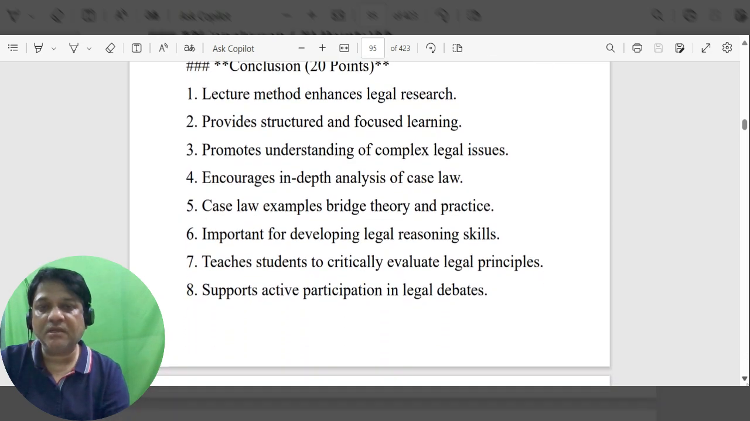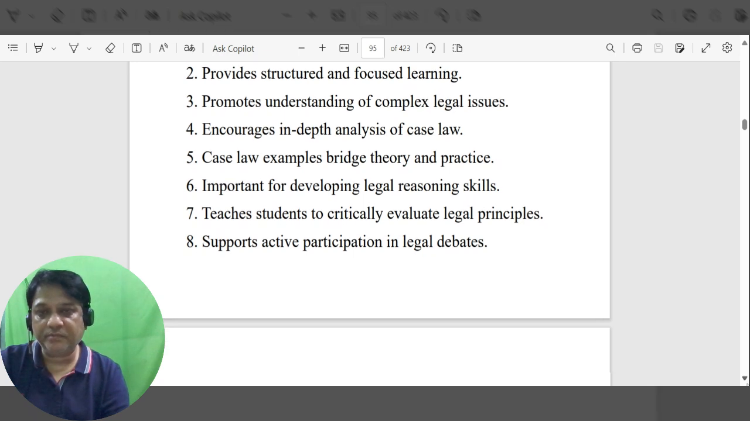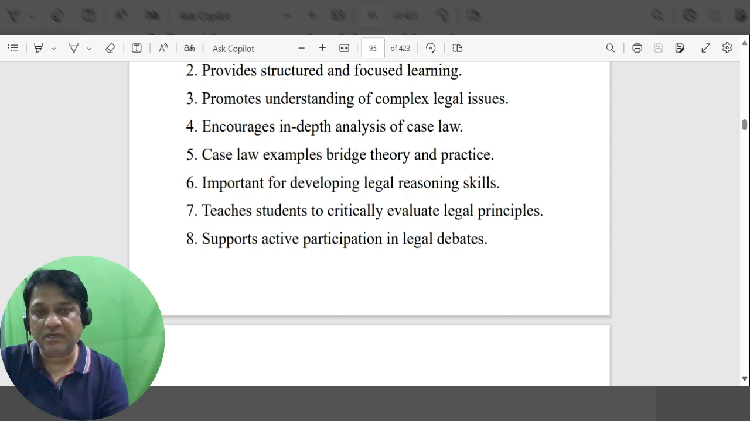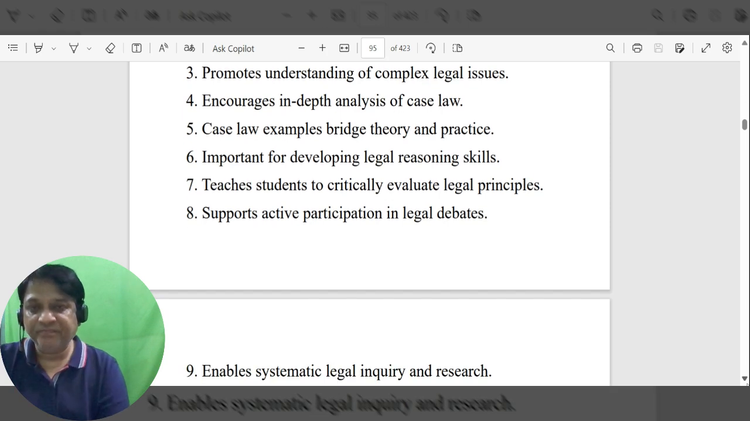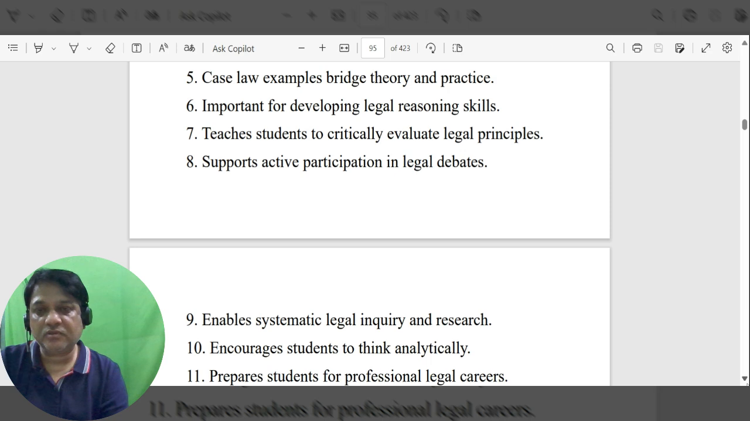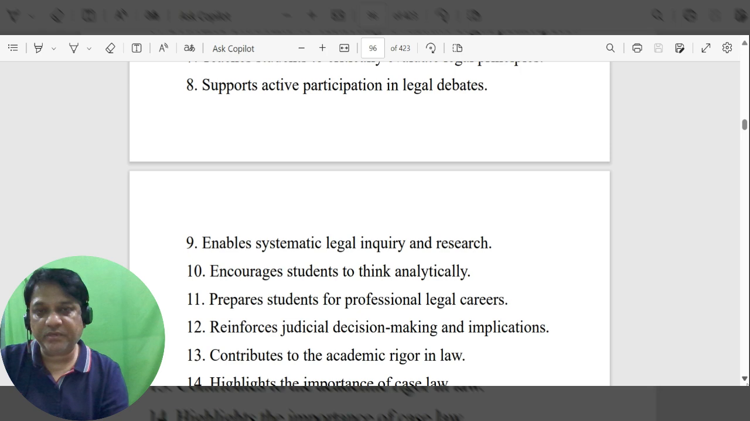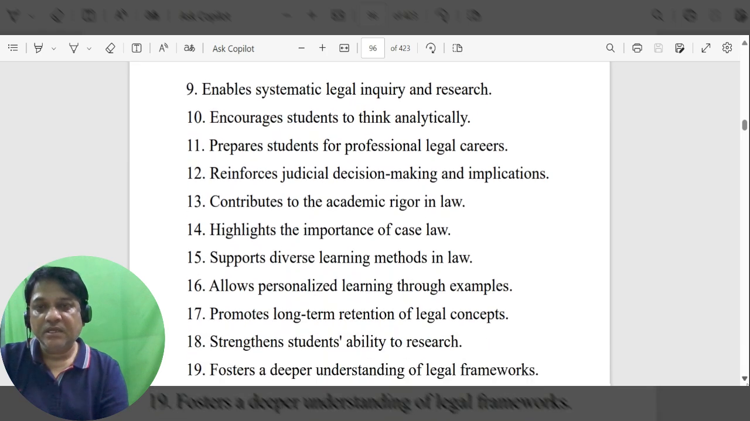Conclusion: lecture method enhances legal research, provides structured and focused learning, promotes understanding of complex legal issues, encourages in depth analysis of case law examples, bridges theory and practice, emphasizes the importance of developing legal reasoning skills, teaches students to critically evaluate legal principles, supports active participation in legal debates, enables systematic legal inquiry and research, encourages students to think analytically, prepares students